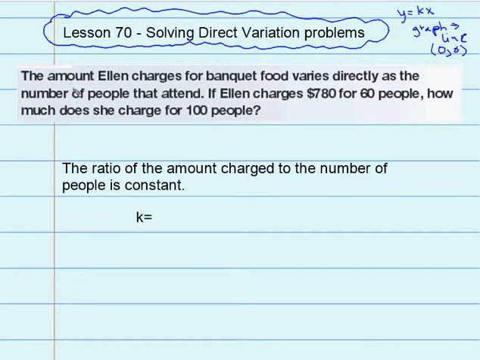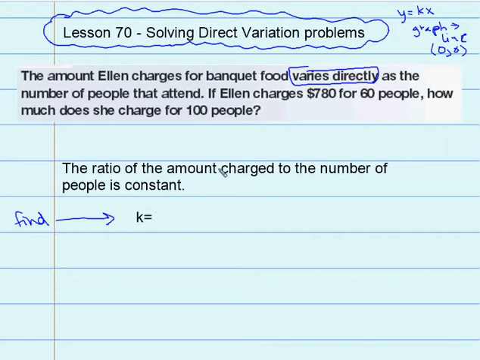Okay, so the amount that Ellen charges for banquet food varies directly. There's a big clue that we're talking direct variation problems. It varies directly as the number of people that attend. So if Ellen charges $780 for 60 people, how much does she charge for 100 people? So the ratio of the amount charged to the number of people is constant. So we need to find